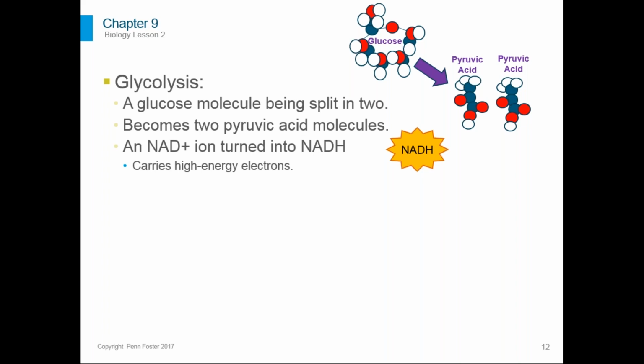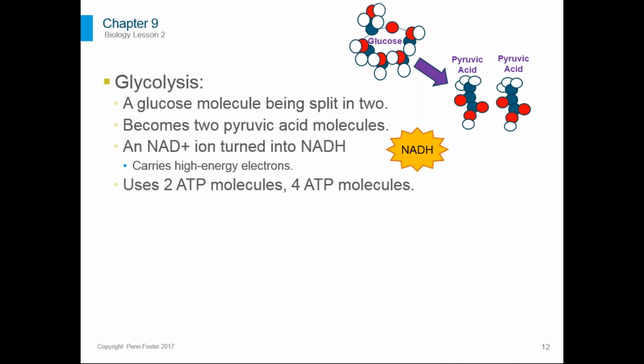So we learned about this with photosynthesis. There's certain molecules whose job it is just to take a high energy electron and carry it around to somewhere else. And it's a way to move the energy from one place to another. So NAD plus is not useful for that, but then you turn it into NADH, and NADH is the electron carrier. Okay, so an NAD plus ion is turned into NADH, which is a molecule that carries around the high energy